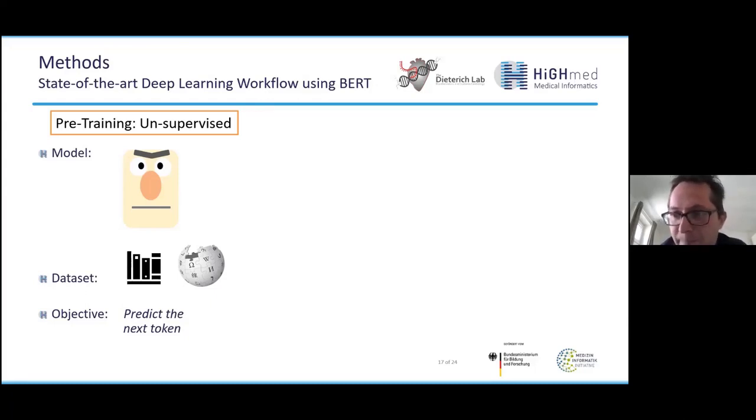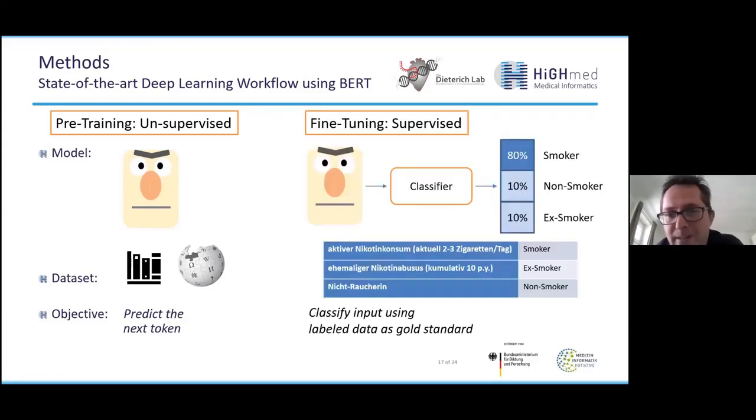And here now on the right hand side, you have the next workflow, which is the fine-tuning part. So here we are having a supervised method, so we again need annotated data. And this is a critical point, because this language model already has an idea of how language works, what syntax is, what grammar is. And here we can use this knowledge. Because of that, we can have smaller training data, because in the fine-tuning part it can focus really on the task we are giving it.